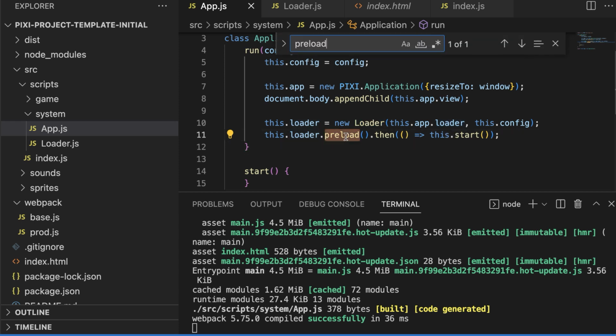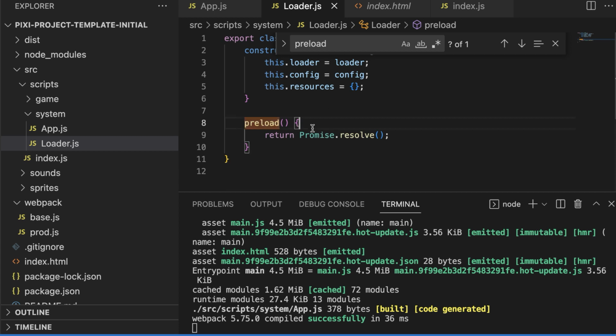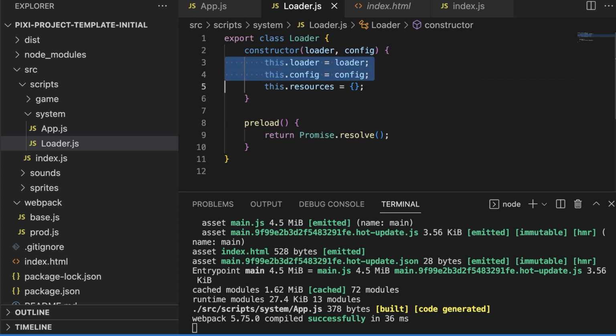So we assume that the loader should have the preload method which returns a promise, and then we should call the application start. Okay, so for now it's just an empty method that returns an empty promise,